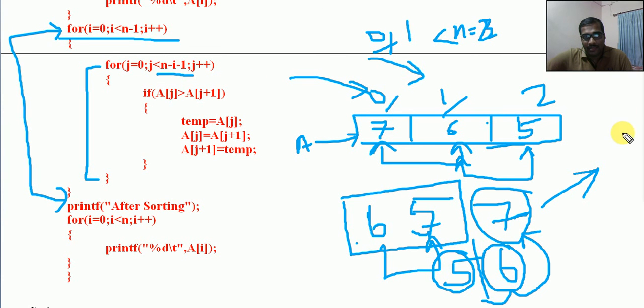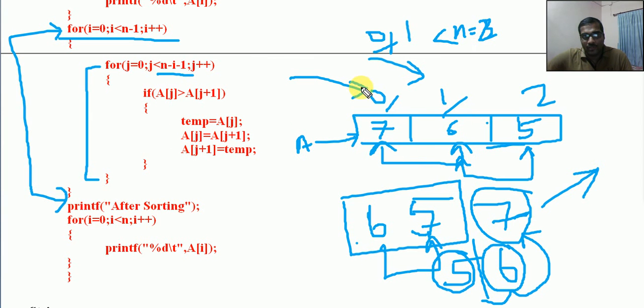If the size is bigger, accordingly that will be varying. So sometimes it will be swapping 3 times, 4 times. Okay, so it will be n minus i minus 1. Here it is only 3 elements, that's why we are having 2 comparisons and swapping. Comparison is always there, but swapping is not always required. But 2 times we need to have comparison, and in some situations there will be swapping also. Hope this is also clear.